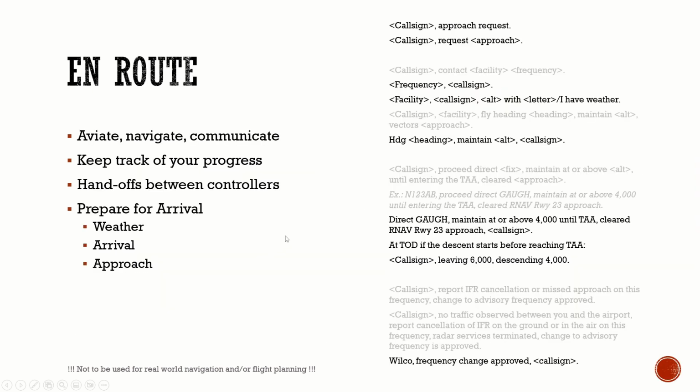Okay, en route portion. The en route portion is not that long today. As always, you keep track of your progress. There might be some handoff between controllers if we are in a heavily controlled area. And as always, you need to prepare for arrival. So before starting the approach, you should already know what kind of arrival and approach you will choose and be